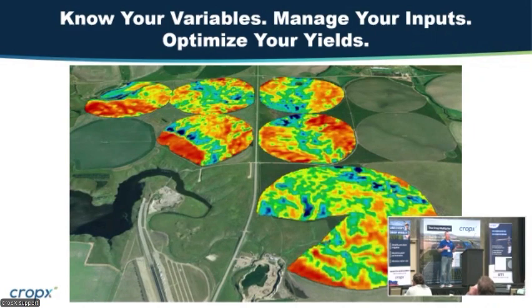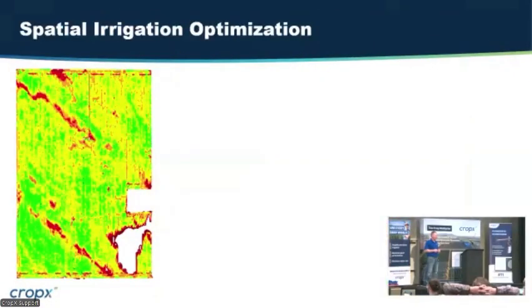You can see very quickly that the variability is not the same from field to field. We know that. But at the same time, with publicly available NRCS Soil Survey maps, we're never going to be able to identify the level of detail or the amount of variability that's truly out in that field either. So we have to take it to the next level and do some sort of